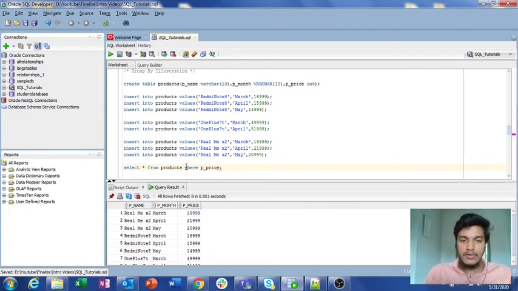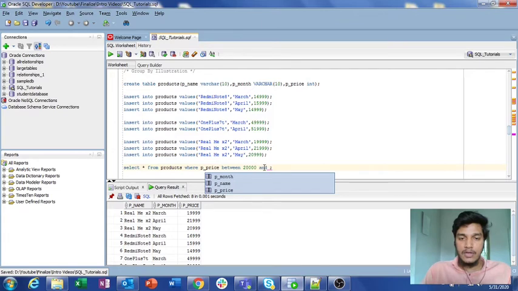I want to filter p_price where the value is greater than 20,000 and less than 40,000, so p_price is between 20,000 and 40,000, and you need to specify the logical operator AND between 20,000 and 40,000.